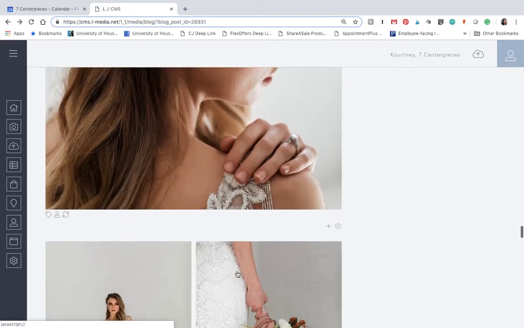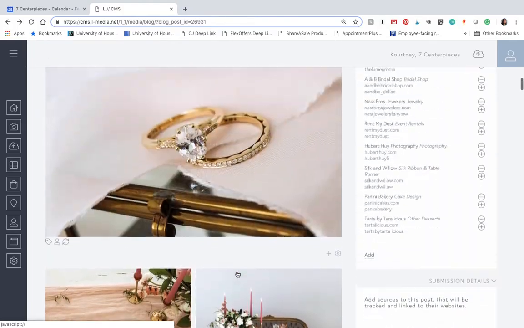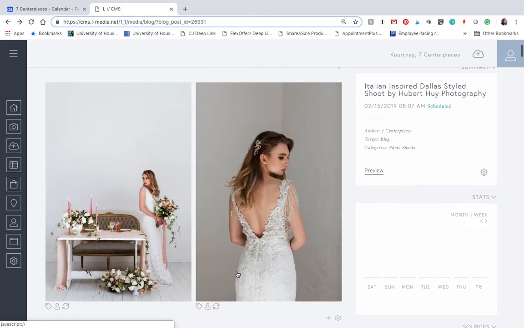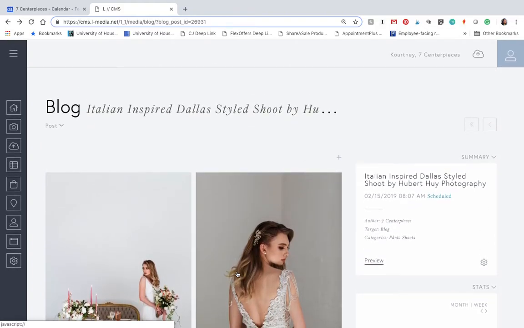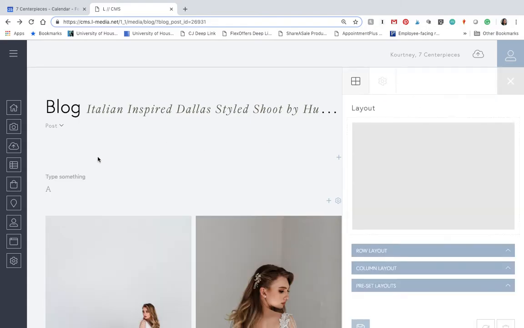So once you've done that, you're going to scroll up to the very top of the post and you are going to insert intro and outro text. So the intro text you're going to do by clicking on the plus icon right here. The menu will come up from the right. You're going to click on the text element, and in the text box here you're going to type the following: